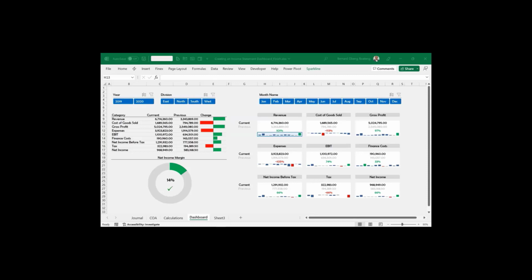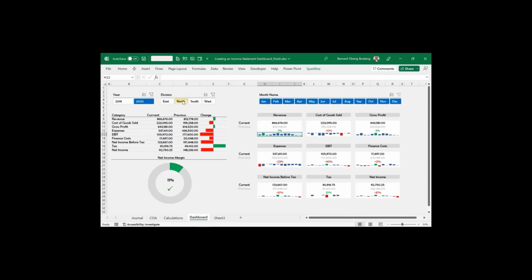So here is our income statement dashboard. It contains 2 years of financial data, so I'm able to switch between the 2 years to compare. So I have 2019 and 2020 here. As I switch these slices, I get the numbers updated. Apart from this, if you have any dimension you want to analyze your income statement by, you can also use a slicer on that. So I have this division slicer that also drills down on each division, showing me the